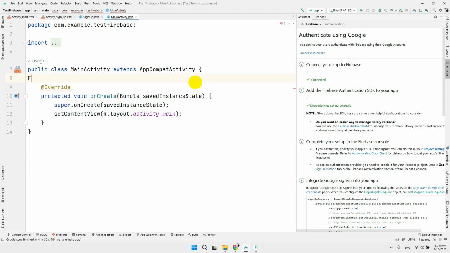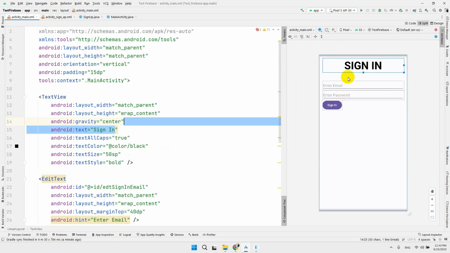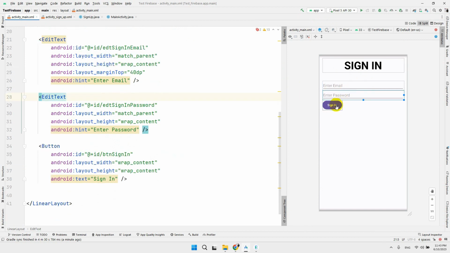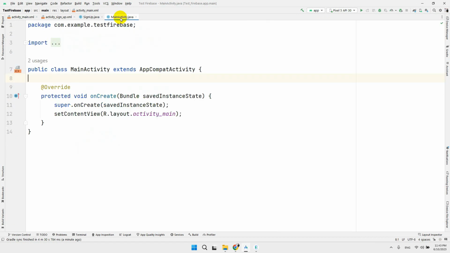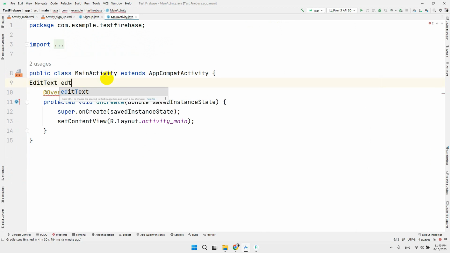Now the next important thing, before writing the sign in and sign up code for the authentication, we have to bind these controls with the code. In the backend we have to bind these three controls: this email edit text view, password edit text view, and sign in. So first of all, let's program the backend of sign in. Okay, so first of all, how we bind the controls: we have to create two instances of EditText,